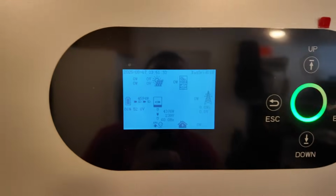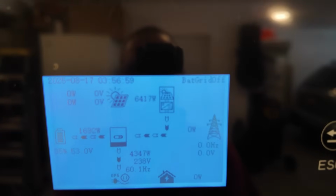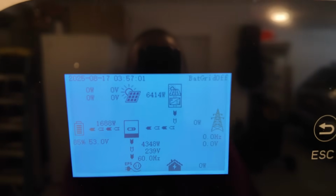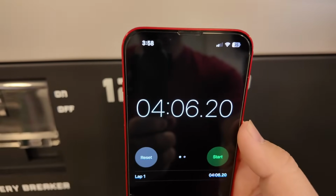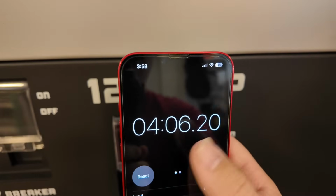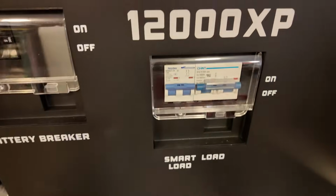solar comes online. All right, guys, it just happened. Check it out. 6,400 watts of solar power is coming in now. I stopped the stopwatch. It was 4 minutes and 6 seconds from the time I started it. Probably tack on an extra 1 minute, just because we turned it on in here and then I walked outside,